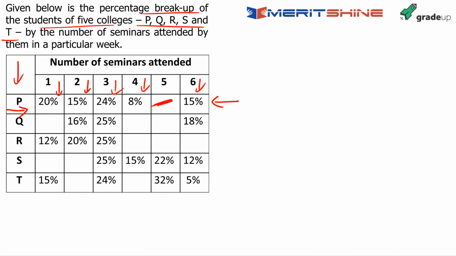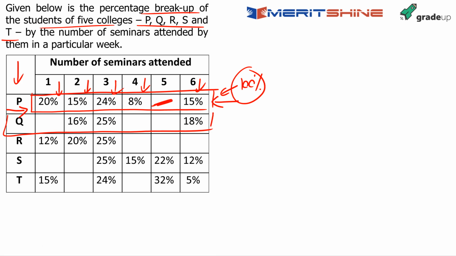Now if you look at the questions in the data set, it does not matter in the end. What I need you to understand now is that these numbers should add up to 100 ideally, but even if they do not, and if it's not asked in the question, it does not matter. So I'll not fill in the table now. I'll just go to the question straight away and try to understand what he is asking us. Let's move forward and look at the question now. I hope this is understood.